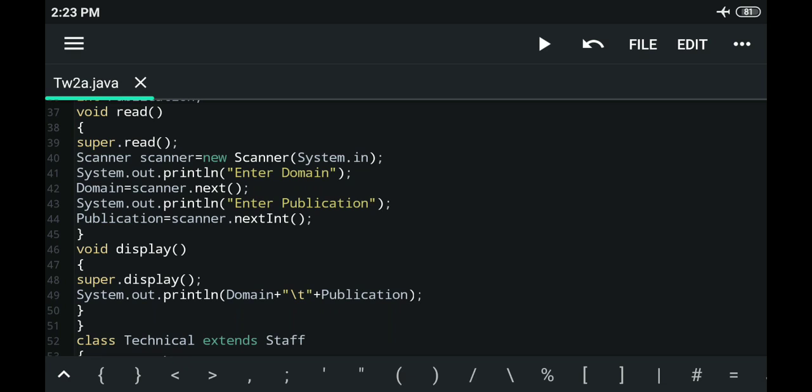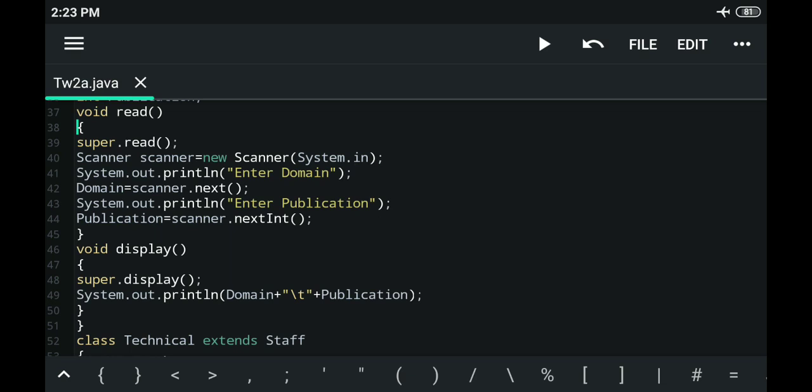The read method internally makes a call to its superclass, its parent class read method, by making use of the keyword super. super.read is nothing but you are making a call to the read method that is declared in the Staff class.